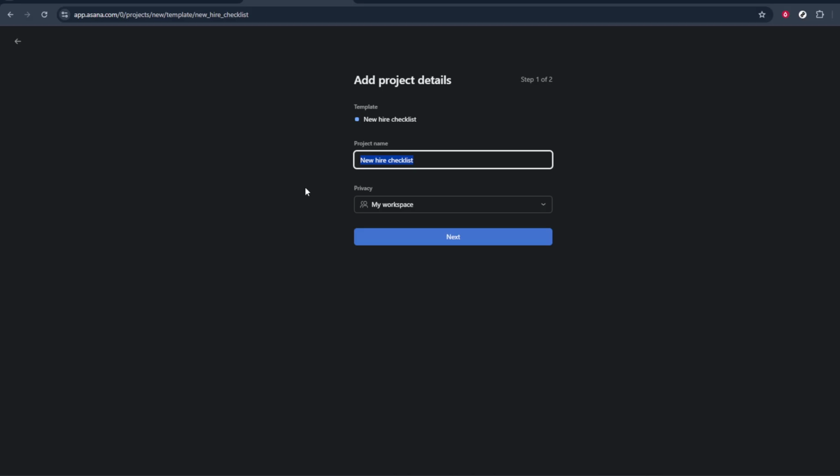Finally, once you're happy with your choice, click on the button labeled Use Template. As soon as you click this, Asana will create a new project based on that template. From there, you can update the project name, adjust any details, assign tasks to your team, and start working right away, all built